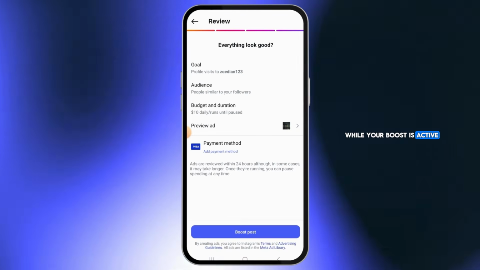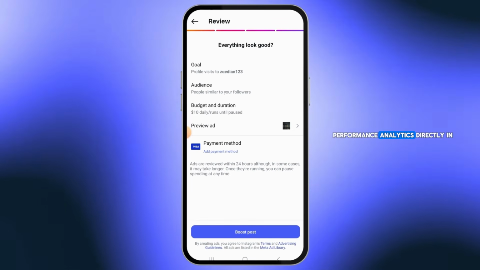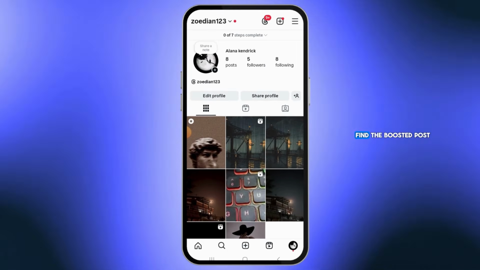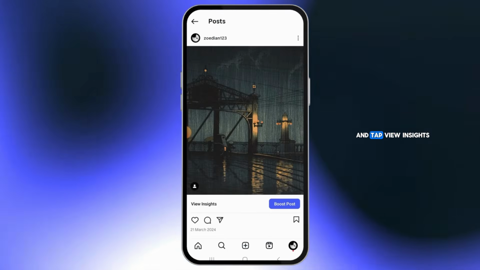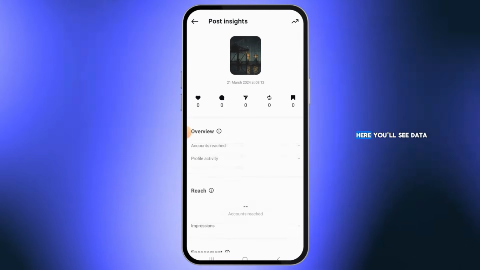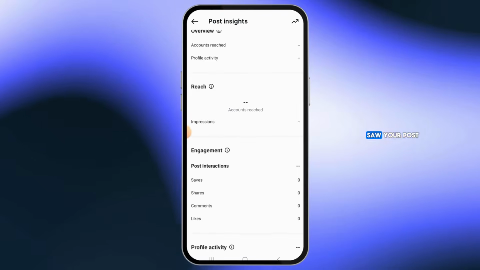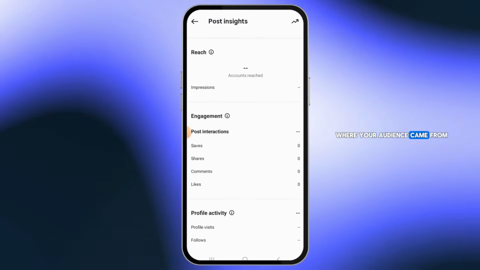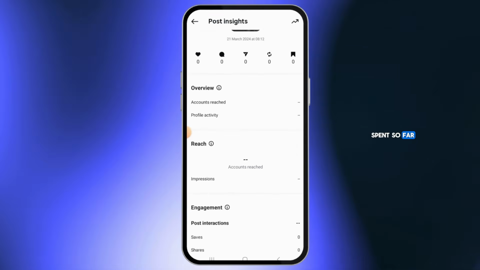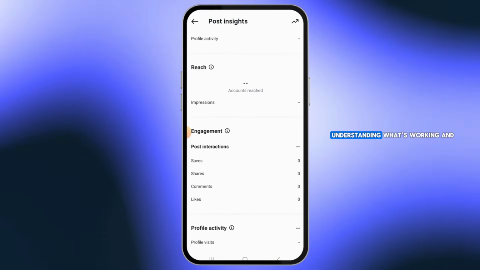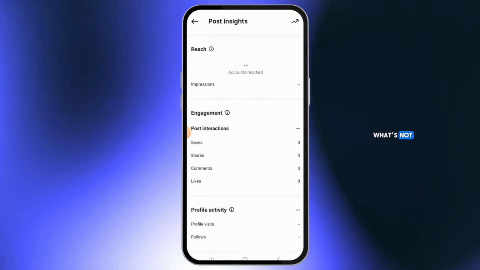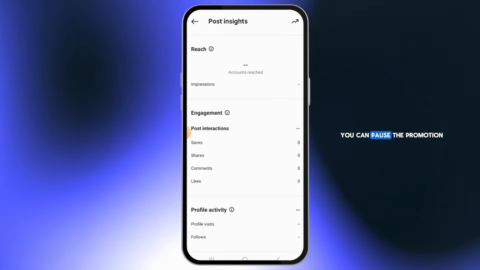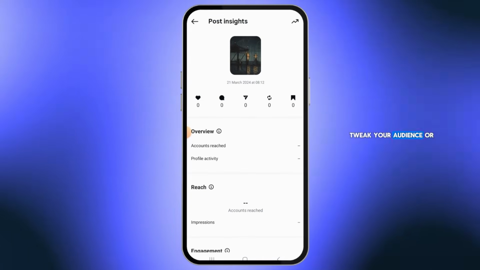While your boost is active, you can check its performance analytics directly in the Instagram app. Go to your profile, find the boosted post, and tap View Insights. Here, you'll see data like how many people saw your post, how many interacted with it, where your audience came from, and how much you've spent so far. This is crucial for understanding what's working and what's not. If you notice your post isn't performing as expected, you can pause the promotion, tweak your audience or budget, and